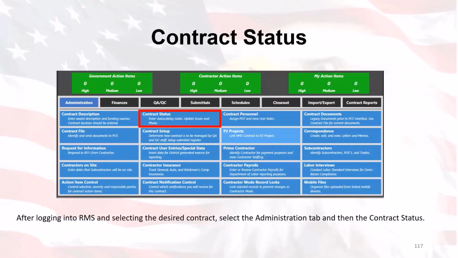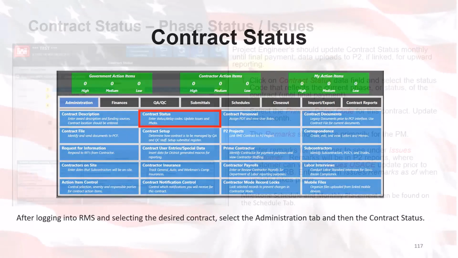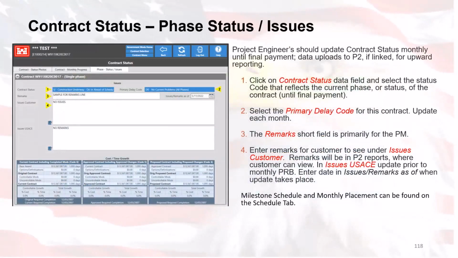After logging into RMS and selecting the desired contract, you can select the administration tab and then the contract status. One of the next details associated with P2 is going to be that contract status screen. Essentially we'll jump into project engineers. Looking at the project engineers, they should update the contract status monthly until final payment. Data uploads to P2